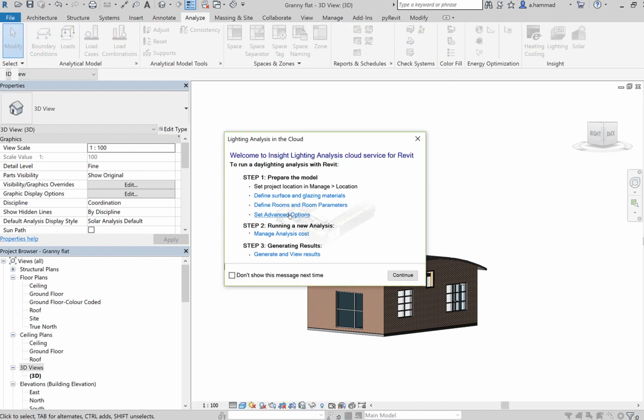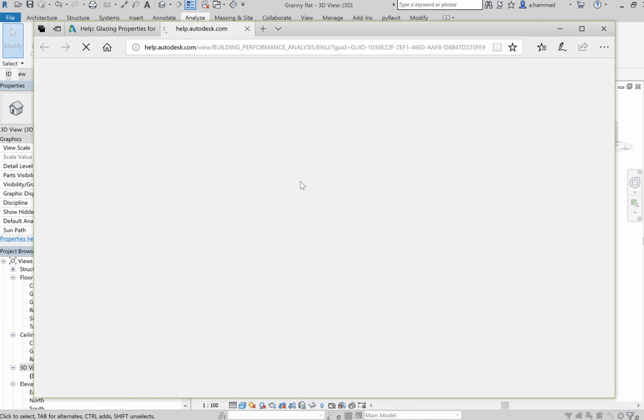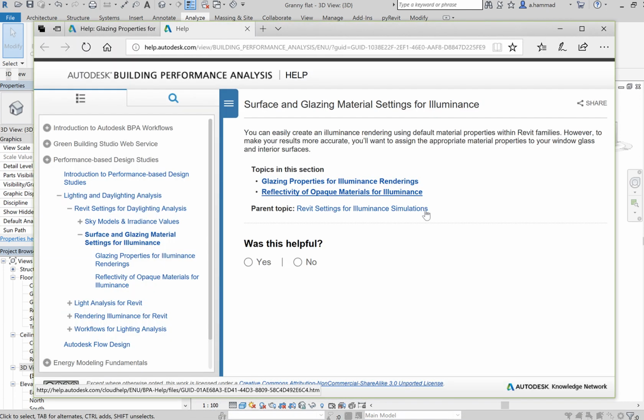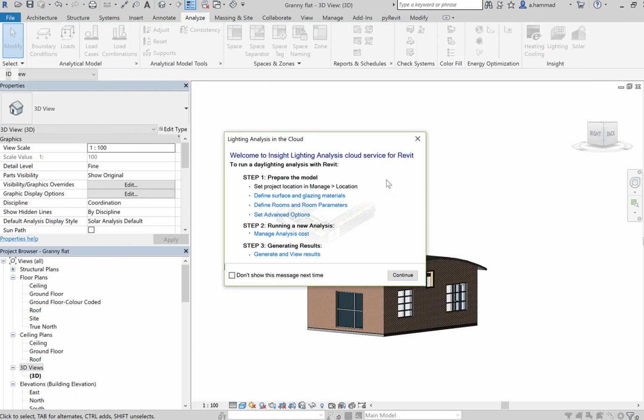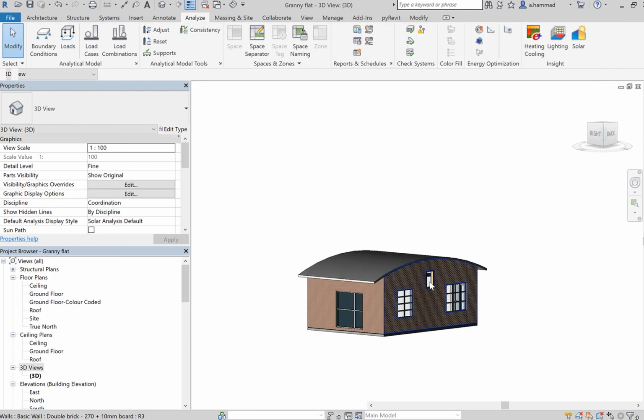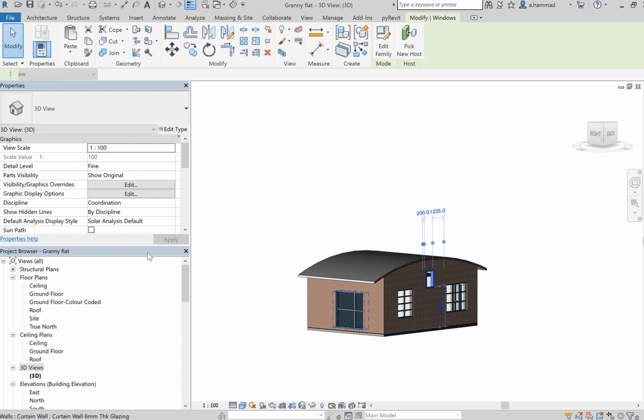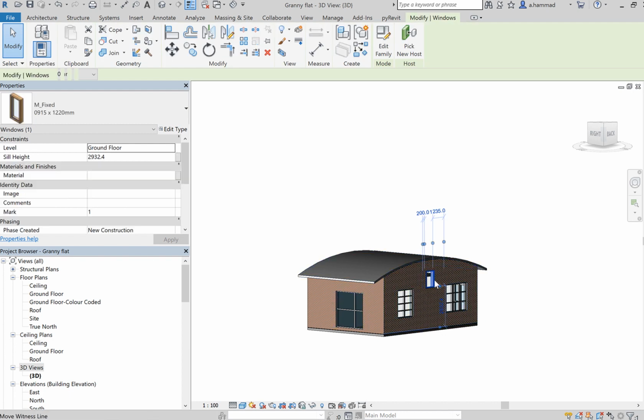If I go back to lighting, the second step is to define surface and glazing materials. And the beautiful thing is that if you click on any of these, it's going to take you to a link, and that link will give you more information about what to do for each of these steps. So you can use that if you're stuck, but I'll quickly show you how to do that. So for each of the windows,